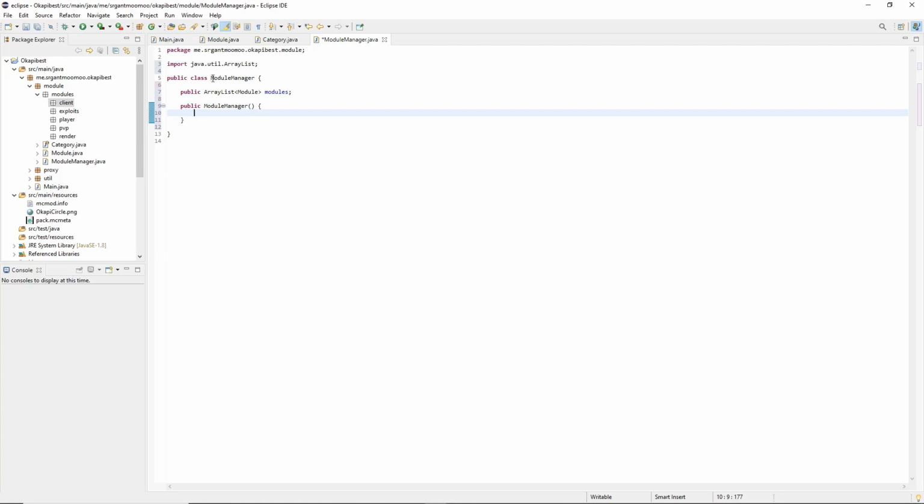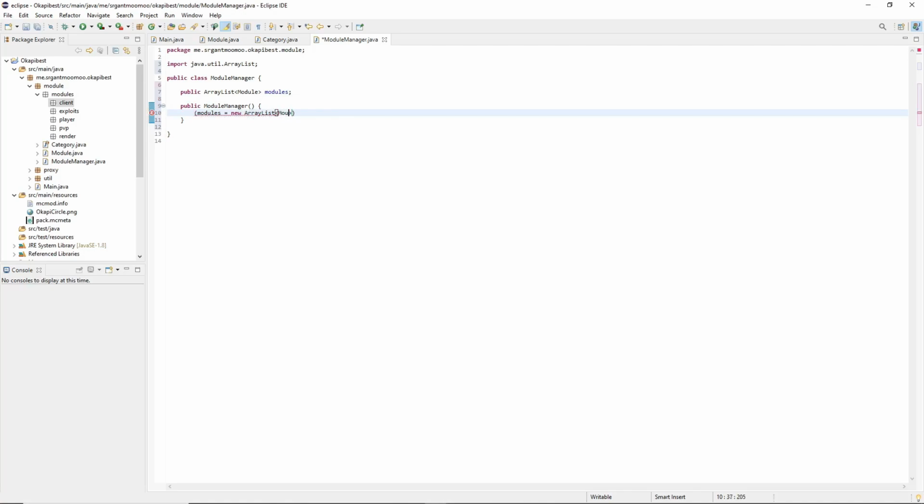Anything that's not a module will get initialized in main, but just to clean it up, this is where we initialize everything. So to start, we're going to write modules equal new